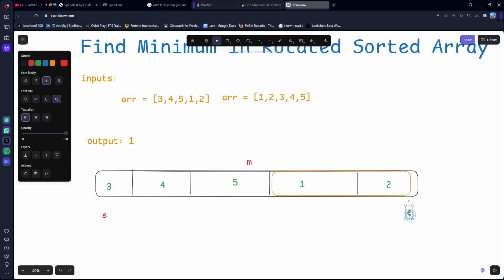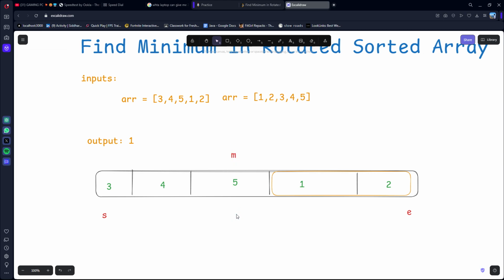Here we have the start pointer and end pointer. I calculate the midpoint. The midpoint will land on 5. So now with this 5, what do we know? How can we find it? Okay, we know one thing from this problem. Bear with me, as we are calculating the midpoint,